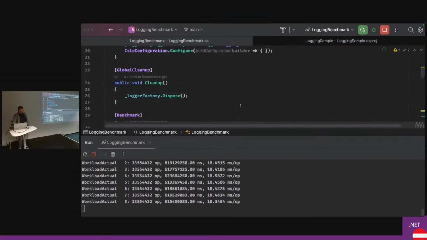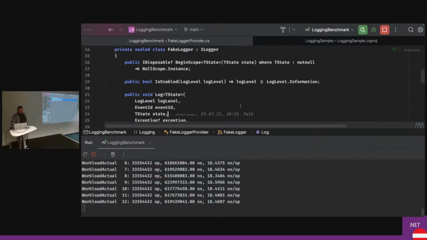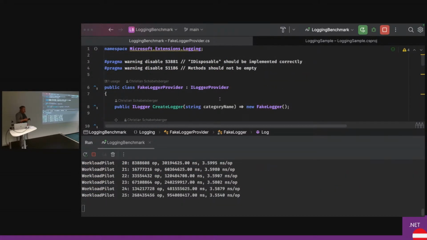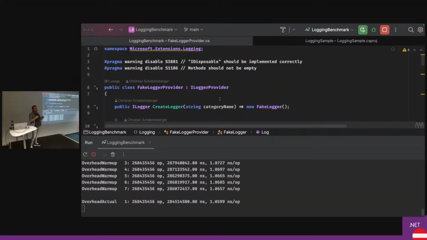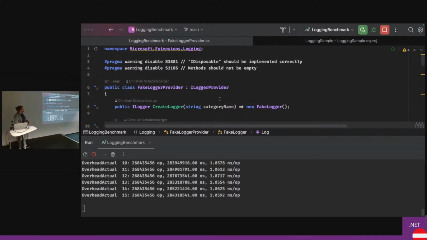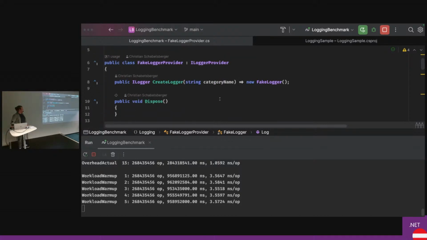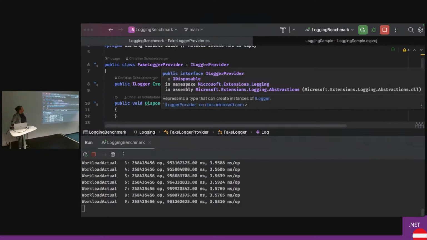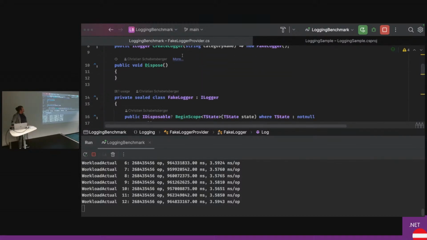Right. One thing I needed to provide here is a fake logger provider, because we don't want to benchmark the whole logging stuff around it. We don't want to write to the console or to a file. It's all IO throttle. We don't want to test that one. We want to test what's happening just right in C#, right in .NET, on how performant the logging calls are. So yeah, I needed to provide my own logger provider that just creates my own fake logger,